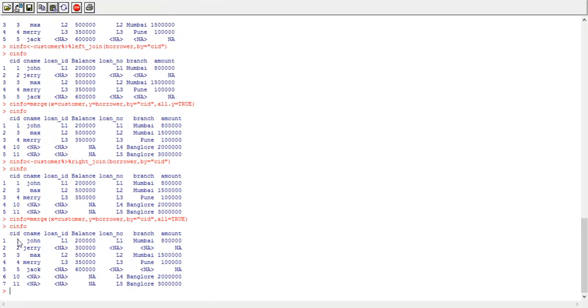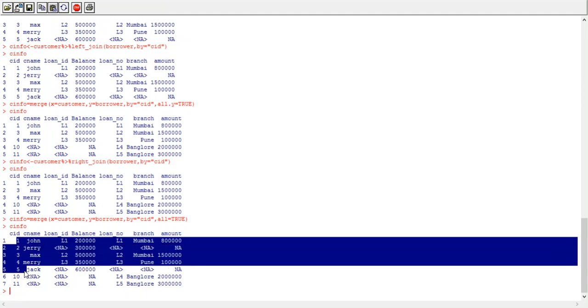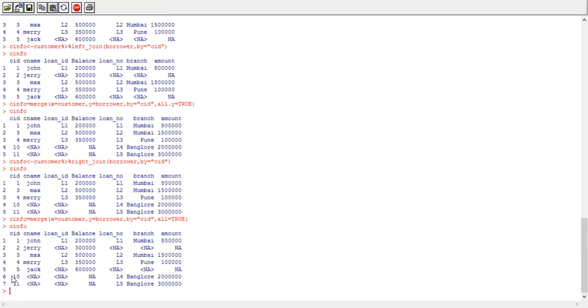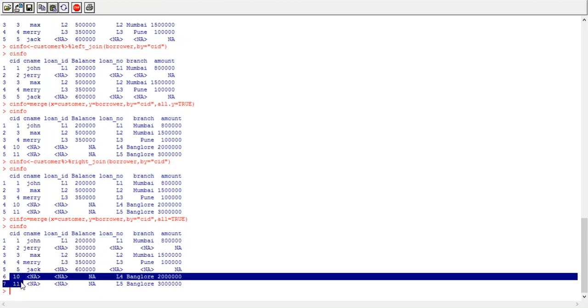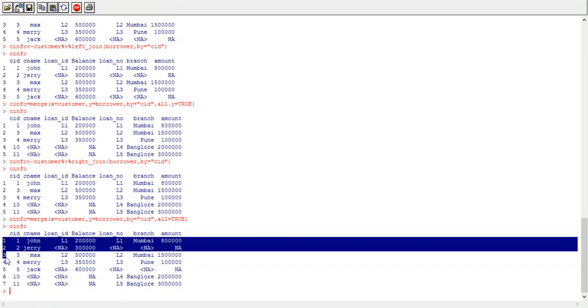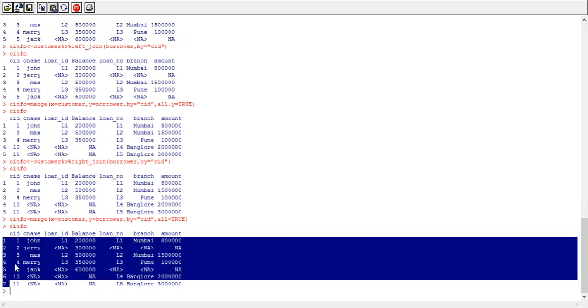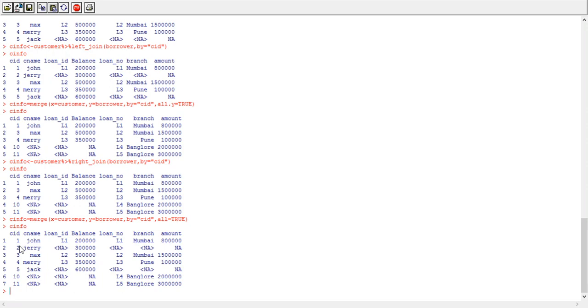See, customer id 1, 2, 3, 4, 5 are the customer ids from the customer data frame. Okay, and 10 and 11 are the customer ids from the borrower data frame that are not present in the customer data frame. So overall we have got data for 7 customers, all data from the customer data frame and all data from the borrower data frame.